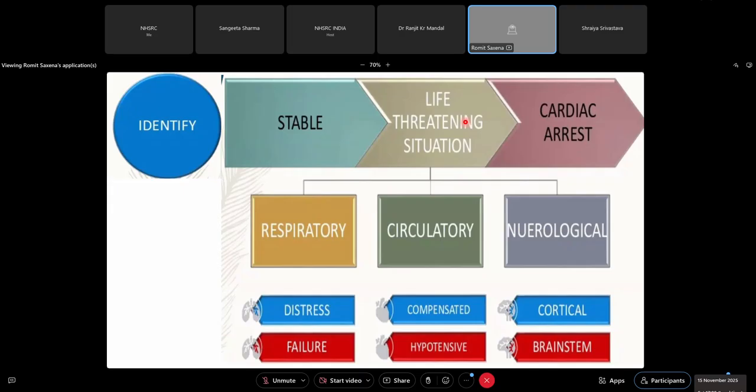Similarly, whether the patient has a hemodynamic compromise, by looking at the pulse, heart rate, blood pressure, capillary refill time, and end organ signs like urine output, you can identify whether this patient is in shock. And if in shock, where the BP is maintained, that is compensated shock, or if not, hypotensive shock. In both cases, you need to intervene by giving fluid boluses and starting appropriate inotropes or vasopressors as needed.